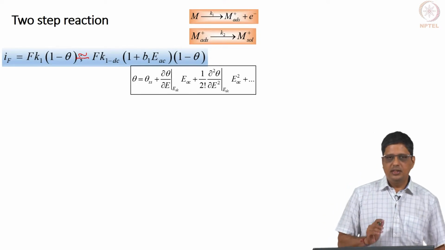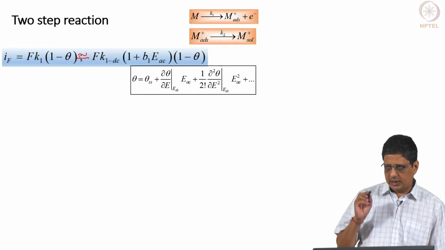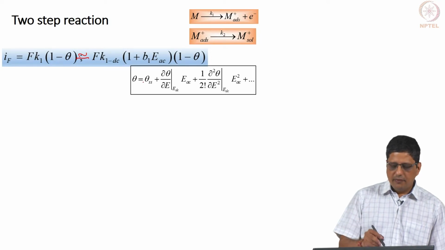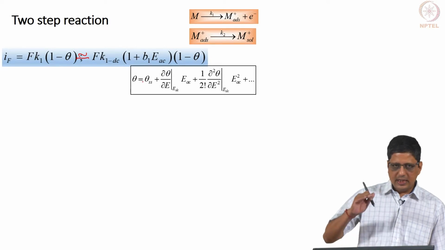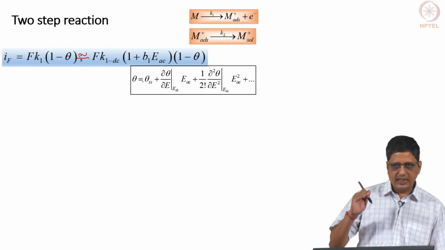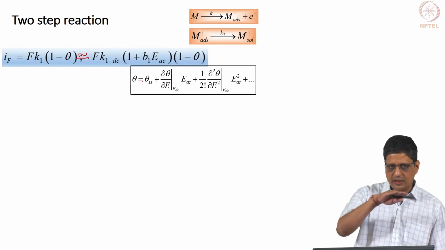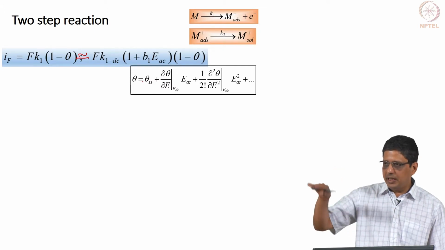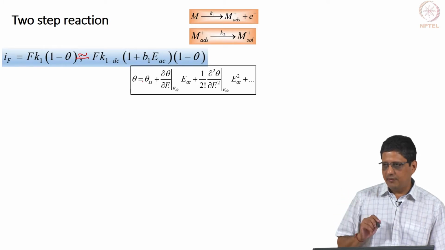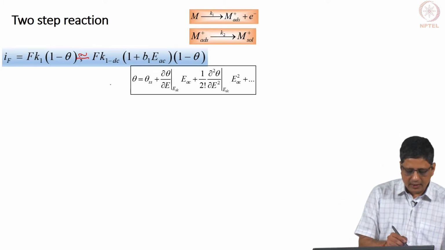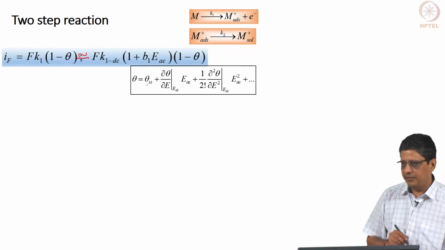So, we have this expression, this is an approximation symbol. In general, surface coverage is going to vary with time, it is going to vary with potential. We are going to write it as Taylor series. Initially, surface coverage was at steady state value, DC potential was applied, then we start applying an AC potential. We will say deviate slightly from the DC value. Therefore, we will write theta as theta SS.